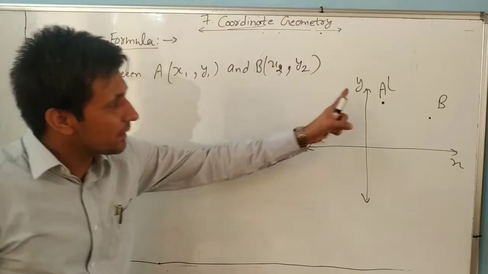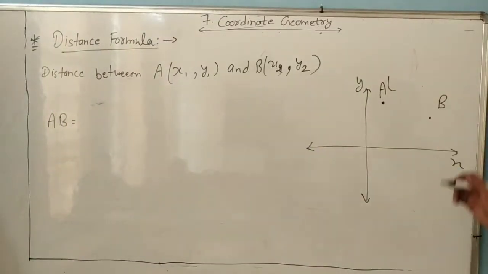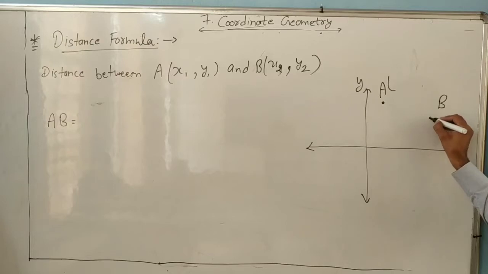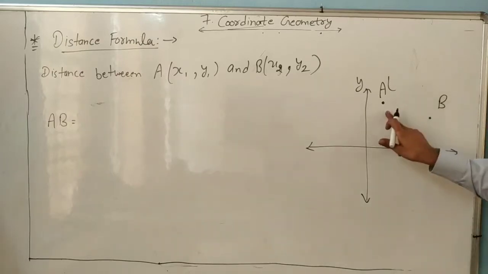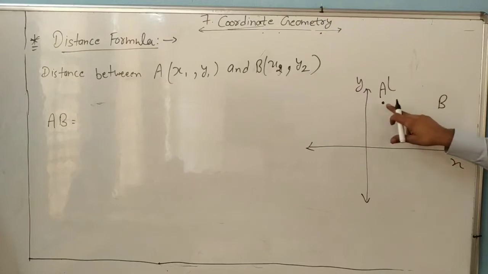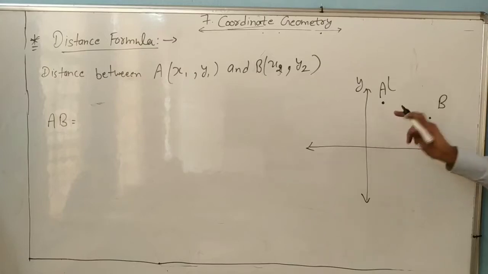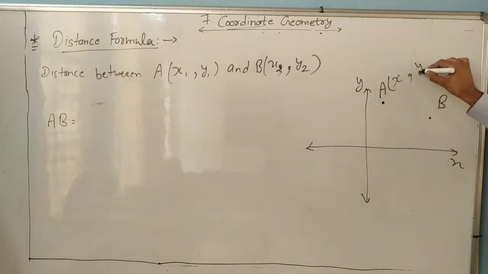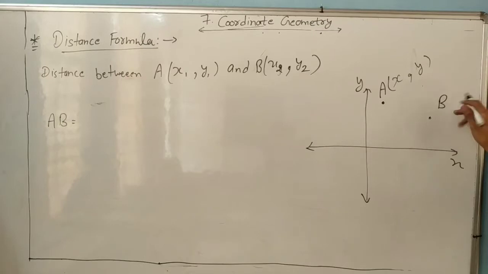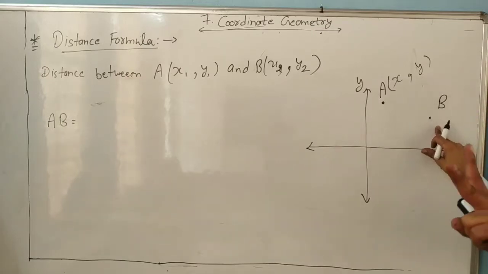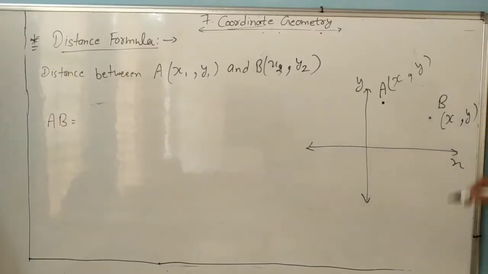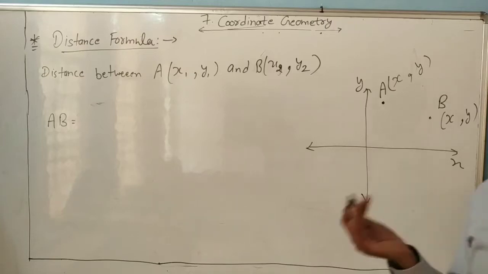So it means it is a plane, dear. Look, we find the distance between A and B in a coordinate plane, because A is a point and B is also a point. If A is a point, it means A has two coordinates, x coordinate and y coordinate, and B is also a point, so it also has two coordinates, x and y. But if I write xy for both, it means both are the same, so we will give them different notation.